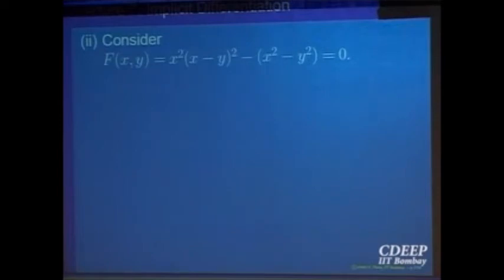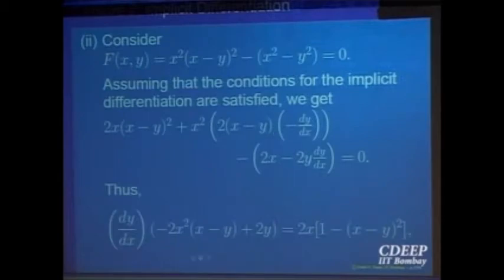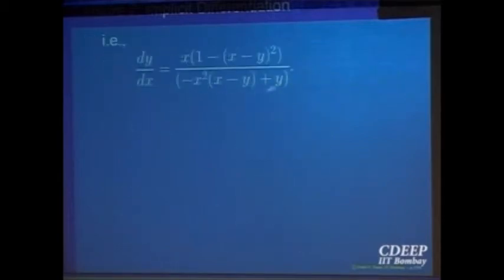But let us look at the function, say f(x, y) equal to x square and so on, equal to 0. So assuming you can write y as a function of x, the implicit function theorem is applicable. You can apply chain rule and differentiate treating y as a function of x. So dy by dx will appear in this differentiation equal to 0. So solve for dy by dx. Compute from this equation dy by dx, simplify, and that comes out to be equal to this, provided the denominator is not equal to 0.